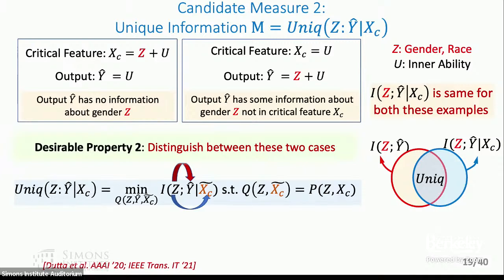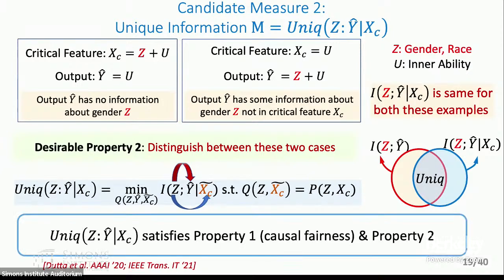So it is essentially the intersection between just dependence and conditional dependence that would go to 0 whenever either of them would go to 0. And this unique information satisfies the causal fairness property as well as this other property. So unique information is a good measure for